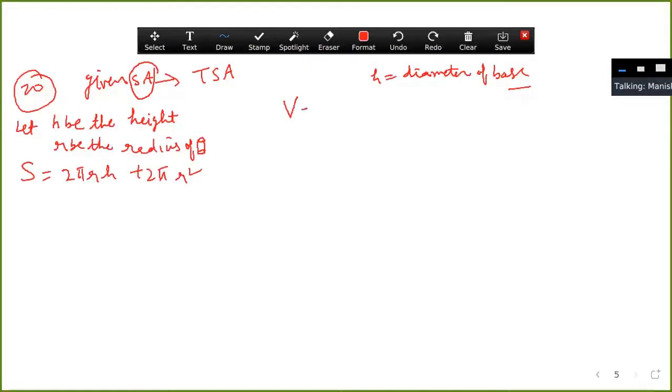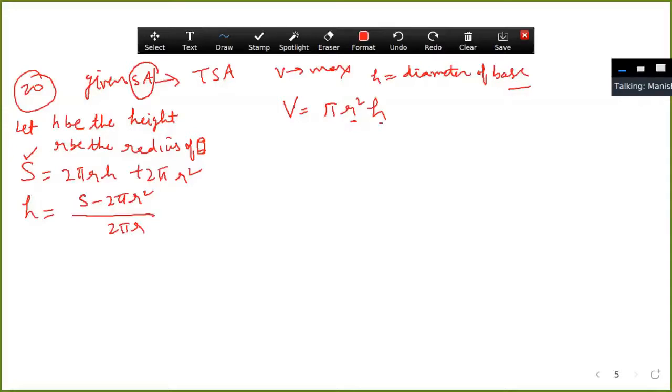What is the volume? Volume you have to maximize. It means what is the volume of cylinder? That is pi r square h. R and h are two variables there. You have to find out the value of r or h from the given statement. That is given is what? Surface area. Here it's easy to find out the value of h to make the volume statement in one variable. h will be equal to S minus 2 pi r square upon 2 pi r. Now this is the value of h.